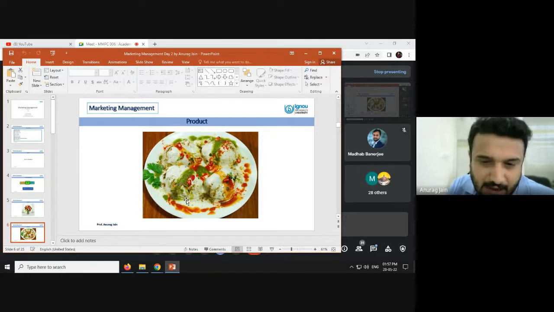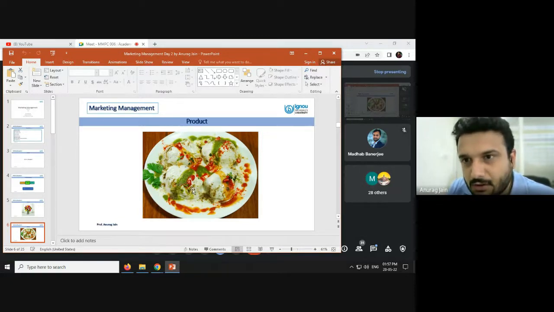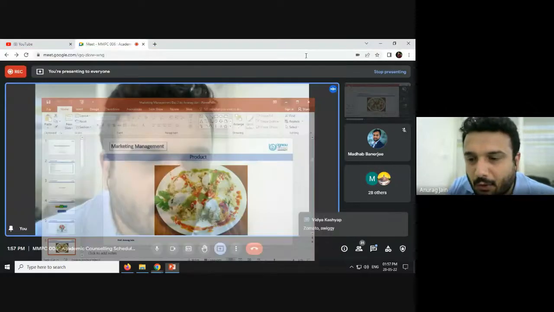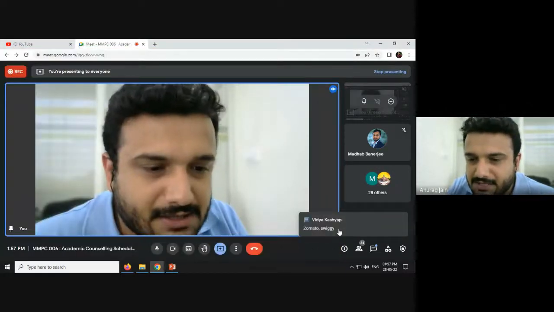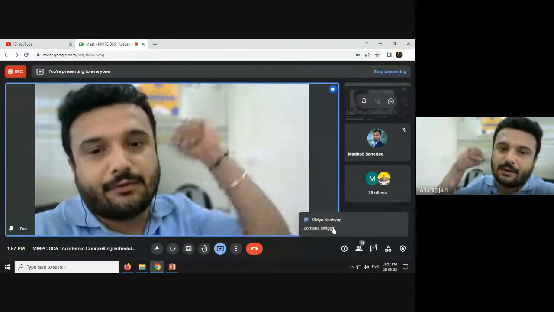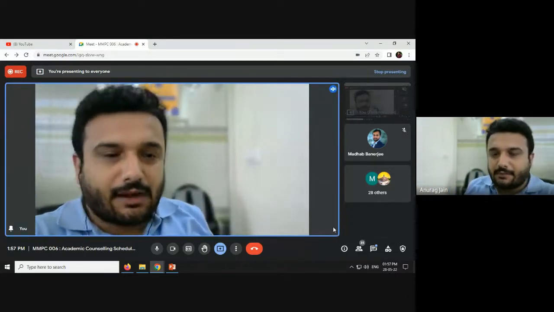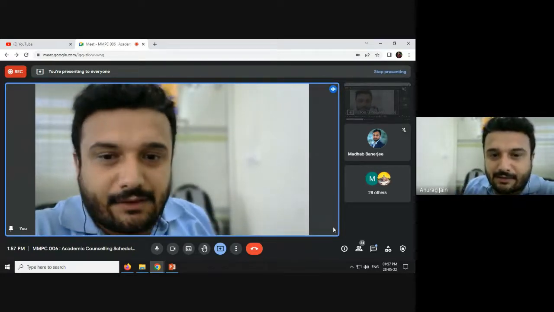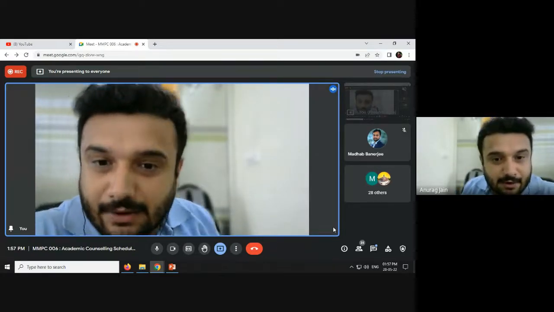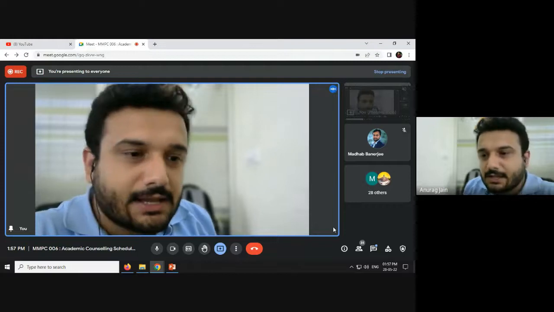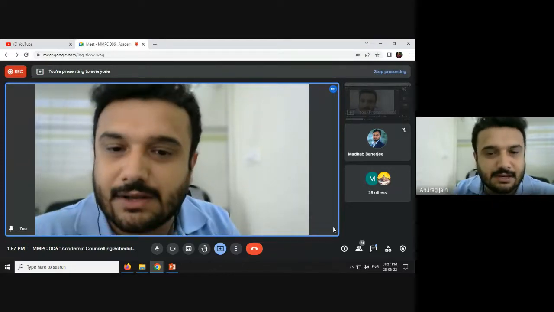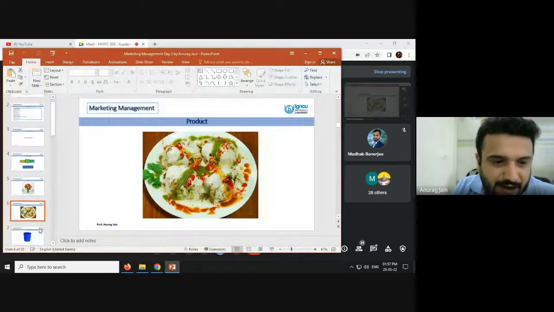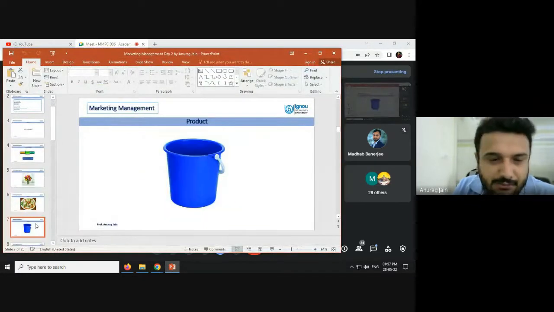Haldiram's possibly is offering it, as a few of you have mentioned. But I'll quickly come to the point which I am trying to mention. Zomato and Swiggy are the delivery partners, right? What I'm trying to say here is they are not manufacturing dahi vada, and we never see Zomato dahi vada or Swiggy dahi vada, right? Is there any brand which is manufacturing this? I think Haldiram is manufacturing this. This is possible, right? I'm moving ahead. I'll come back to the point which I'm trying to make here.